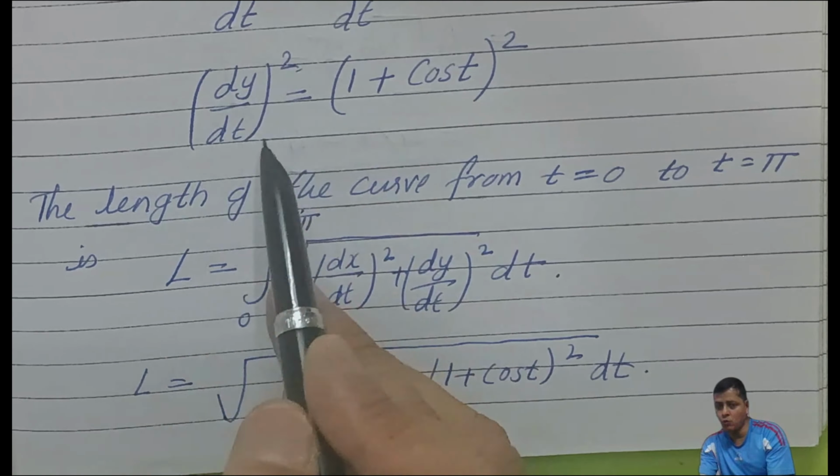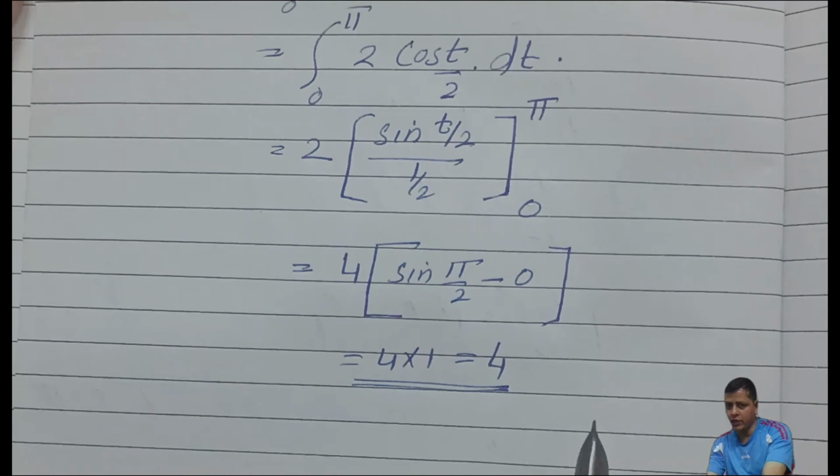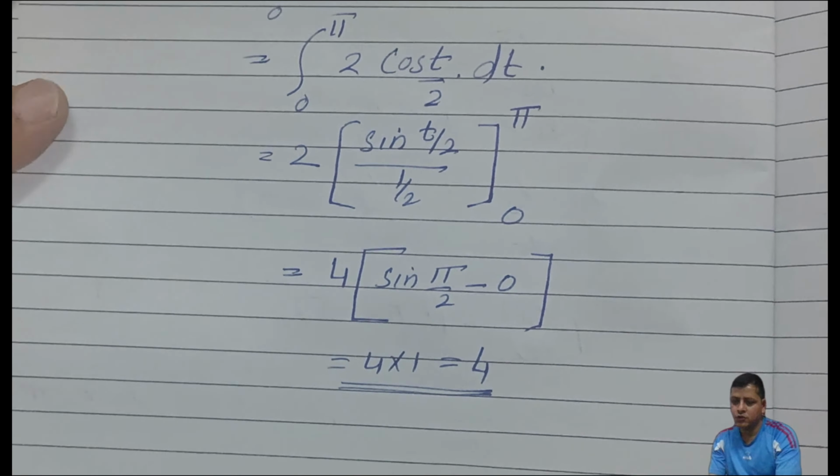Then you went on with simplification further by using this formula over here. You used this formula to simplify this to be this, and then further you went on and finally you got the result, that is, you got 4. You got the result 4 into 1 is equal to 4. So in this way we do the problem.